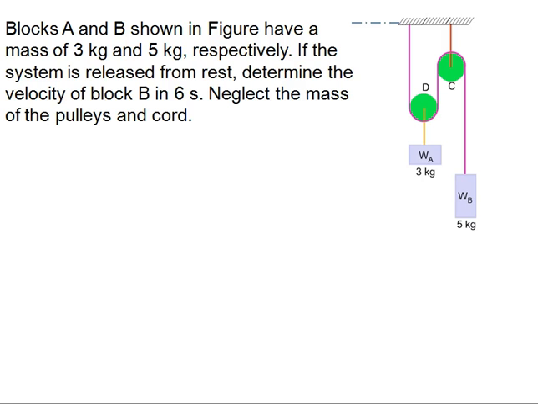The first problem is shown over here. We have one rope shown in pink color going over two pulleys D and C. One end of the rope is connected to the ceiling. The other end of this cord shown in pink color is connected to the mass M subscript B, its weight being WB. This system is released from rest, and we need to find what is the velocity of the block